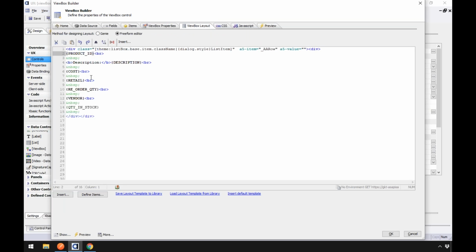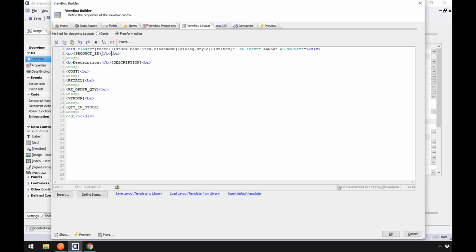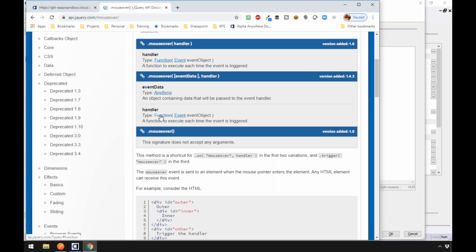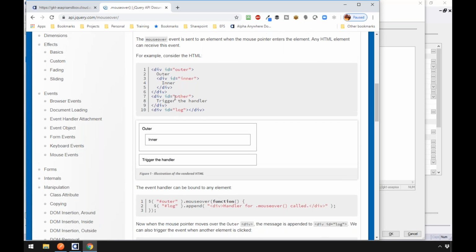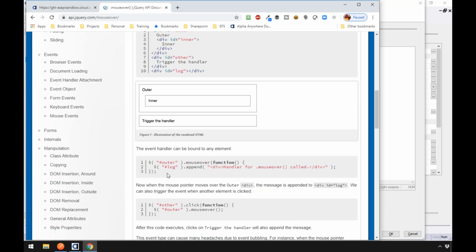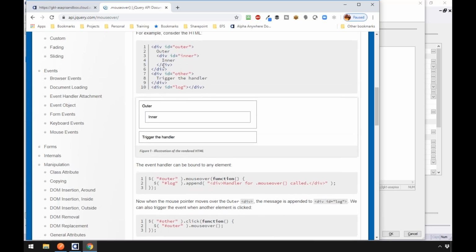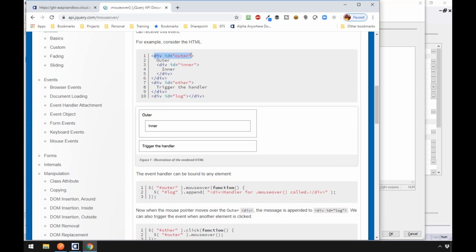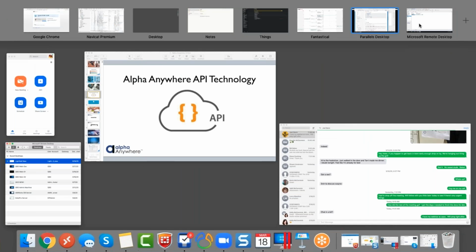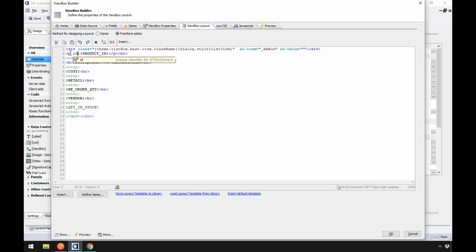So my feeling is for that particular environment, you would have to go in here and say, okay, P. So I'm going to surround that with a P. Okay, then I'm going to go back in here and you'll see that ID other, and then they have this code in here that says the outer mouse over function does it here. So you would have to manually add an ID to your element. So I'd go in here, let's go back here, I'd go like, ID equals